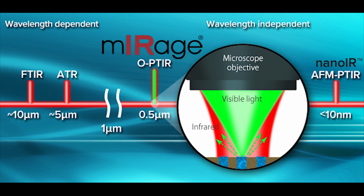Let's see. There is a question about what is the advantage of O-PTIR over nano-IR? From our perspective, these techniques can be very complementary. What the nano-IR excels at is achieving very high spatial resolution, down to the level of 10 nanometers. The disadvantage of the nano-IR, of course, is that it involves an atomic force microscope and so requires a higher level of skill to operate. The advantage of the O-PTIR is it's optical microscope based only, and so the learning curve is much quicker. The spatial resolution is obviously not as good as the nano-IR, but